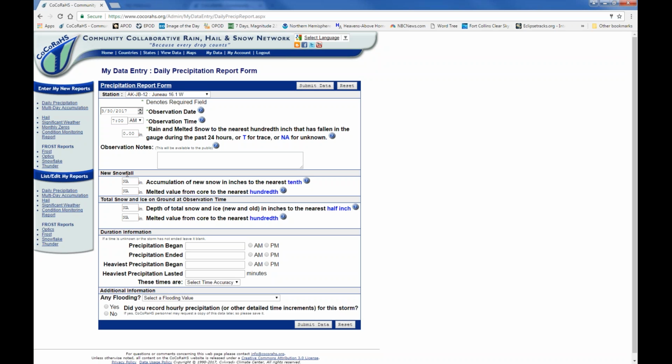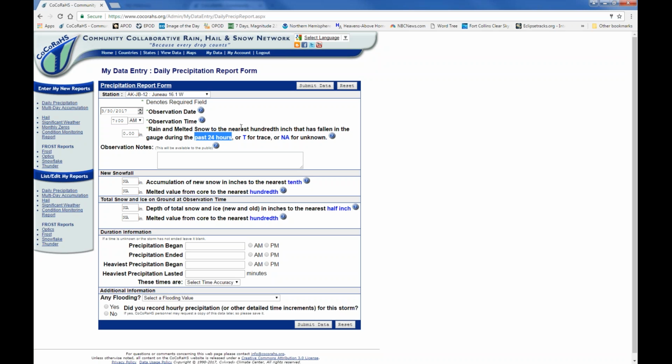And I've talked about how everything below the main box is optional, so please fill it in to the best of your ability, but if you want to skip it, that is okay as well. What I want to point out, though, is that we have more than just precipitation. Of course, the main precipitation form is meant to be a 24-hour